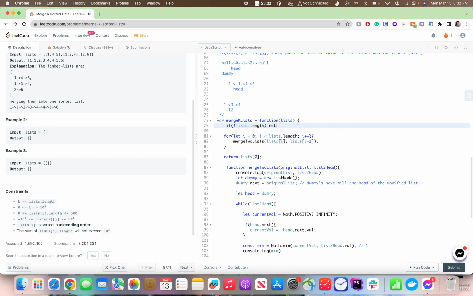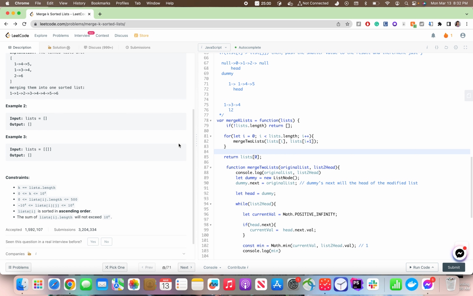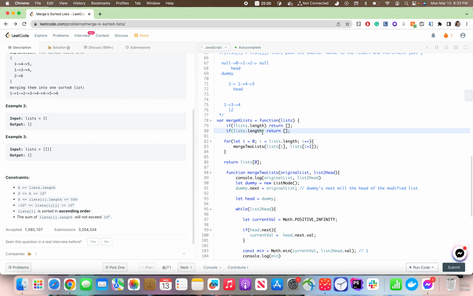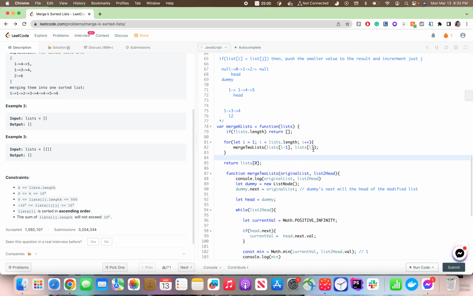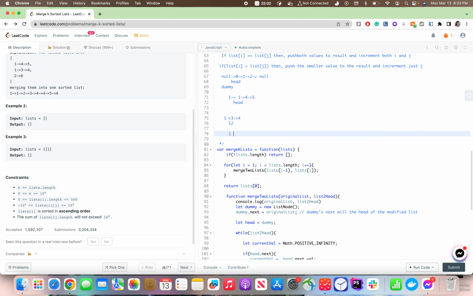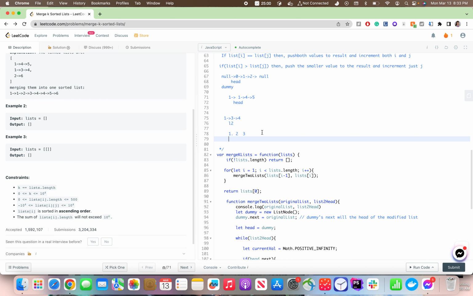But if there is just one linked list, and if list dot length is equal to 1, then I think what I could do is I could just start from 1 and then do i minus 1 and then i, right? So there is just 1 2 3, then it would go until this value. So first of all 2 and 1 would be merged to 1, then 3 would be merged to